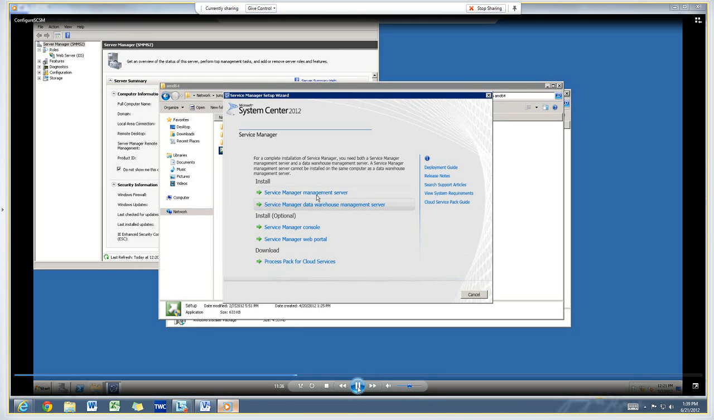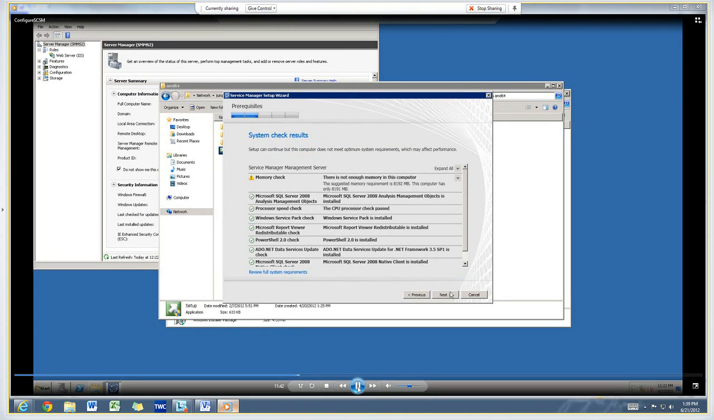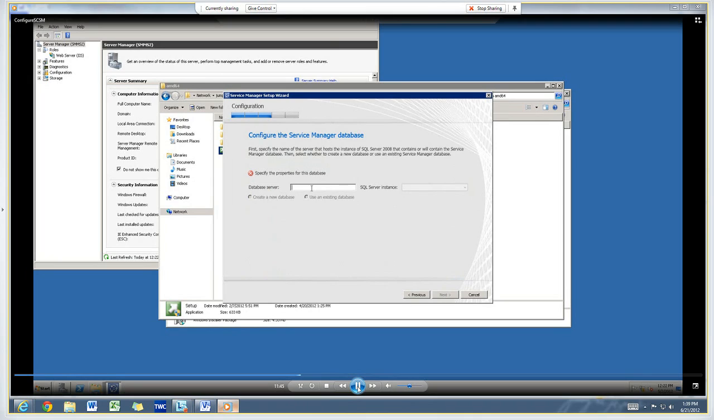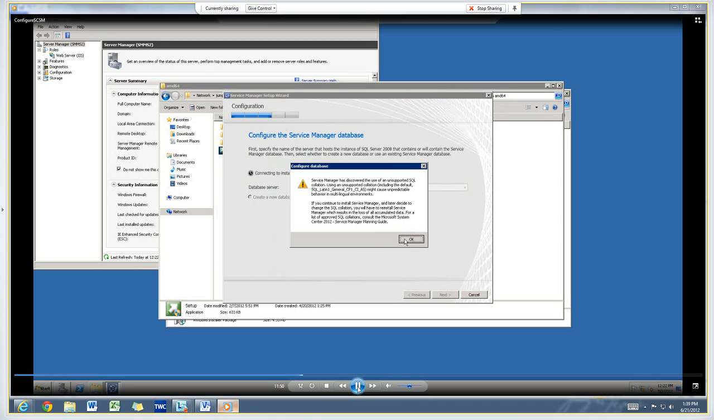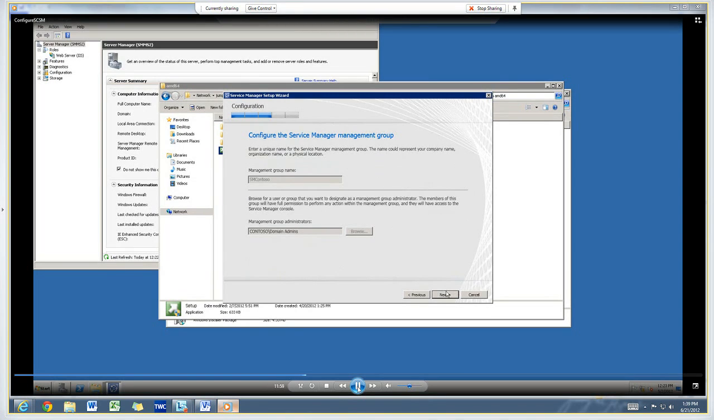So we're going to go through essentially the same process here. I installed all the same prerequisites, so that part's all the same. The one thing that will be different here is on this page, it's going to prompt us for what SQL database we want to connect to. And here we have an option of either creating a new database or using an existing database. So we'll just connect to the existing database that was installed the first time we ran this wizard to install